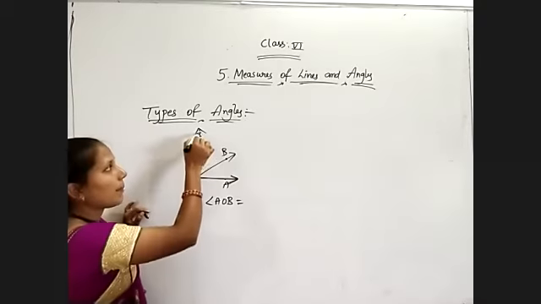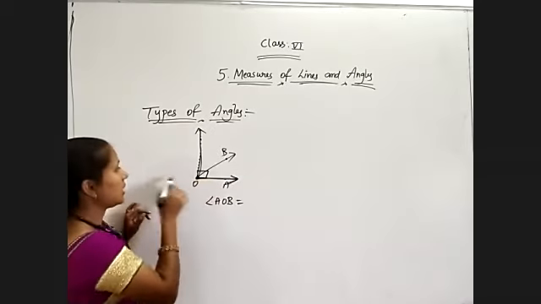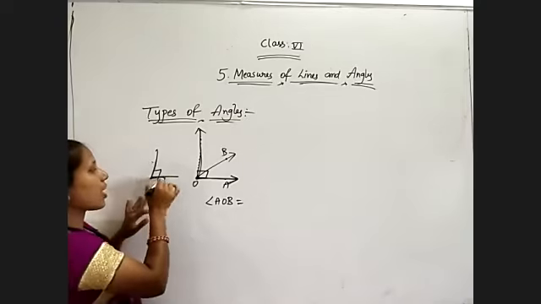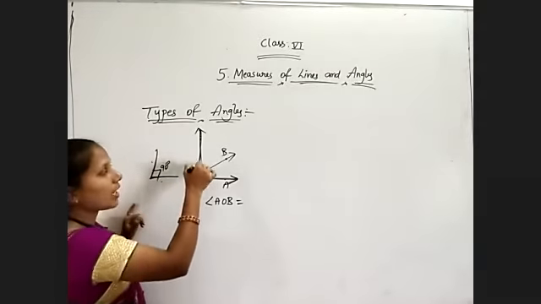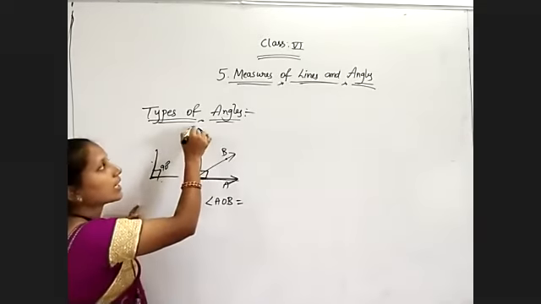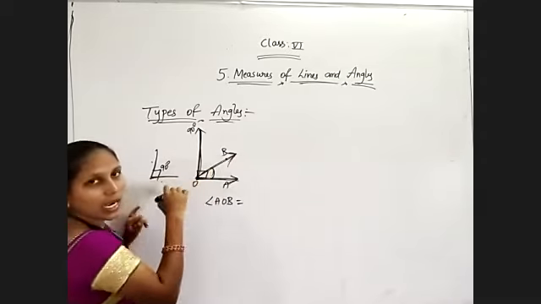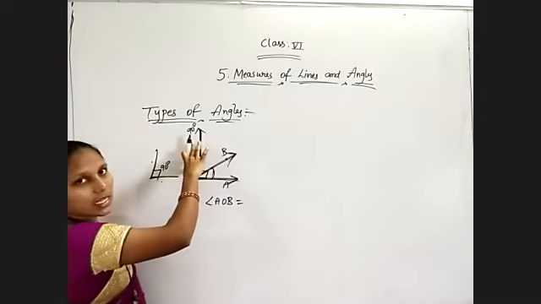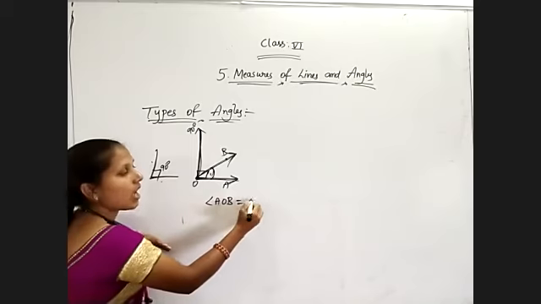See, a perpendicular is nothing but compulsorily in the shape of L. The letter L is an example for perpendicular lines, meaning they form a 90 degrees angle. So, if you draw a perpendicular for OA, we get it like this, 90 degrees we are getting here. So whatever angle is mentioned here, observe, this is the required other arm. The other arm is lying below this 90 degrees. Yes or no? Below 90. So below 90 is nothing but which type of angle? Acute angle.